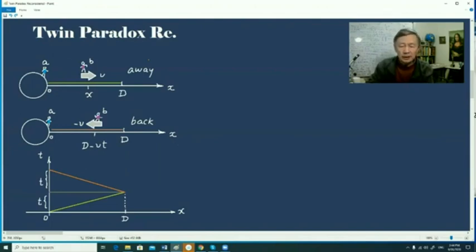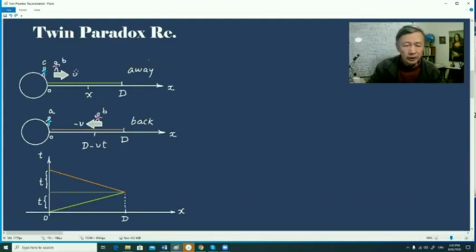Now, this is a twin paradox illustration. In these pictures, we will see that basically they are twins, A and B. A stays on the Earth, while B travels with a spaceship away and then returns after some time. Because the velocity of this spaceship can be very fast, people say that is a good example where we can apply Einstein's special relativity to deal with time, especially the time dilation